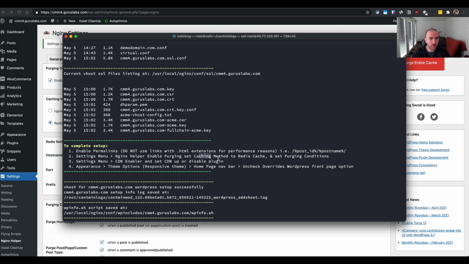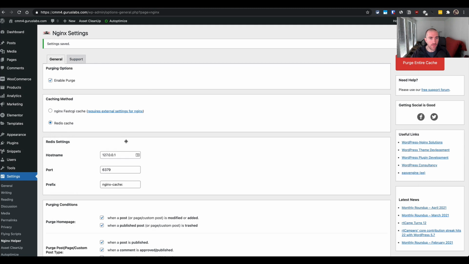And there's a number of other things here that we don't need to do because we're not using CDN Enabler and we're not using the responsive theme. So we're using Shoptimizer. So we can ignore these last steps 2 and 3, and just do 1 and 2. So they're both done. What that basically does now,